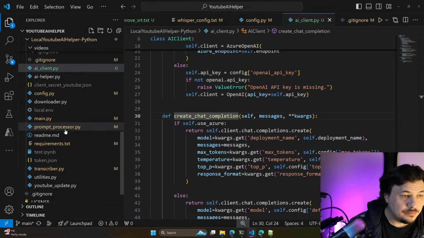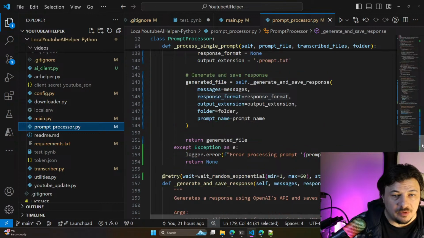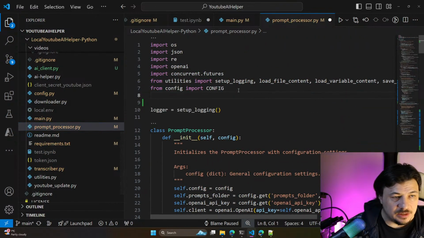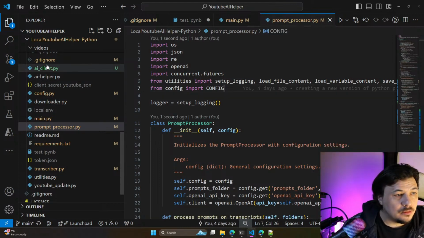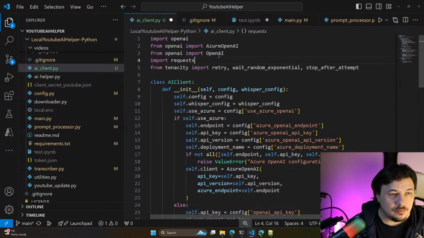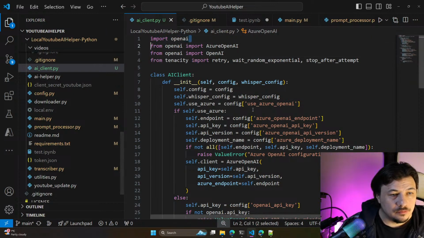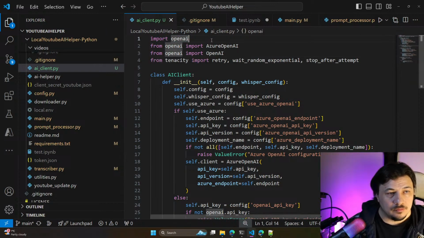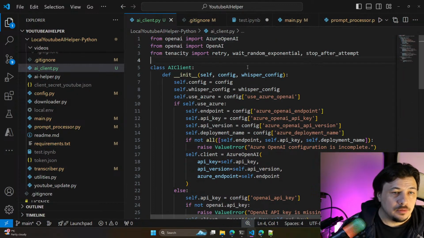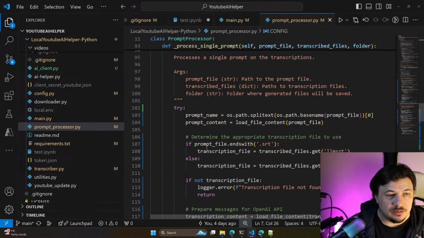So also, because now we will do that on that level, maybe we could remove all of that from here, the dependency. Go to AI client. We don't need requests. Do we need OpenAI at all? And for tenacity, we're doing something like that.